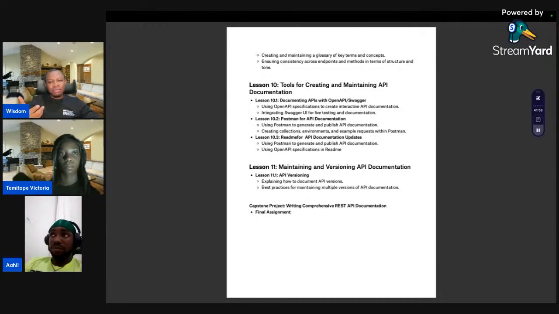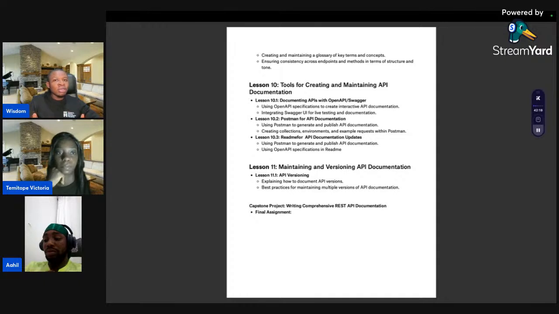But we have SSGs, static site generators, that would make you easily build the documentation by picking a few templates. Then we have Docusaurus and some other ones like Hugo that will give you room to customize, but that is being done by the engineer. So you can just quickly set up documentation like Gitbook or README. You don't even need to be too technical to set it up. They have your API section where you can also document your APIs and more. So we'll cover all of this. So joining this program will be, I'll call it, the best end of the year gift.